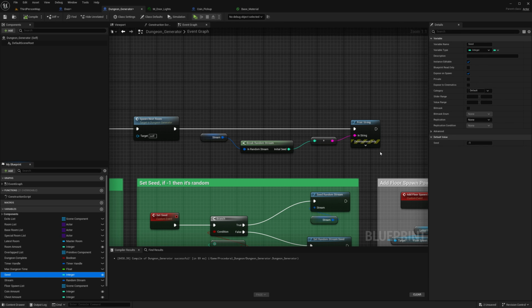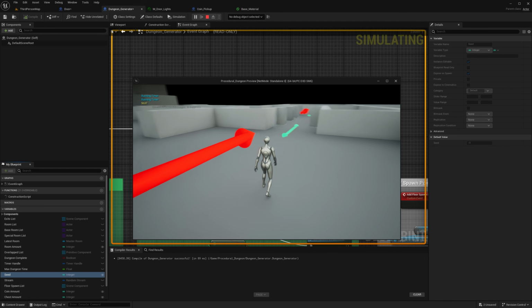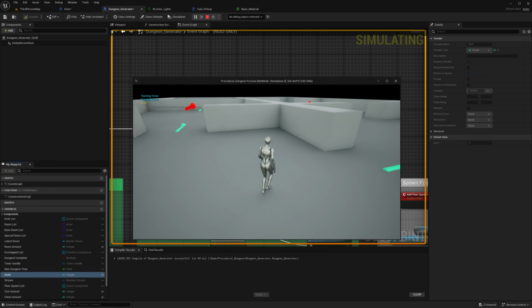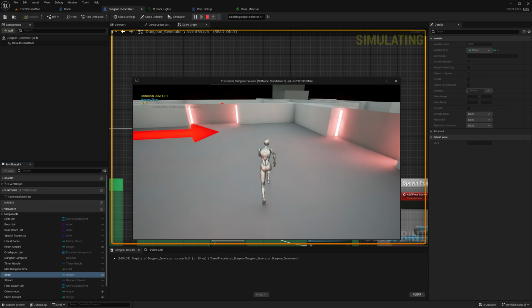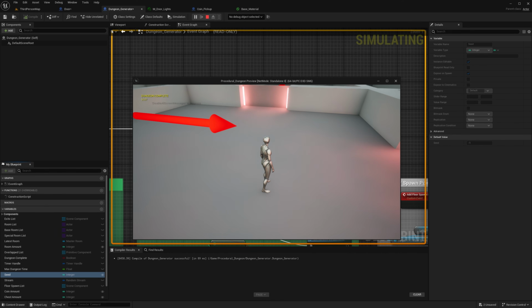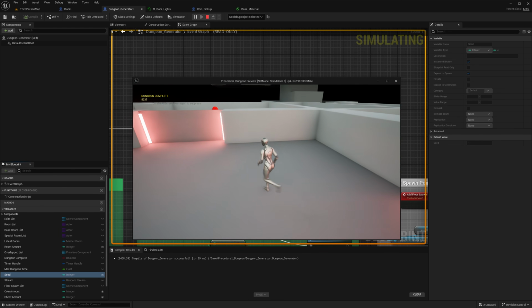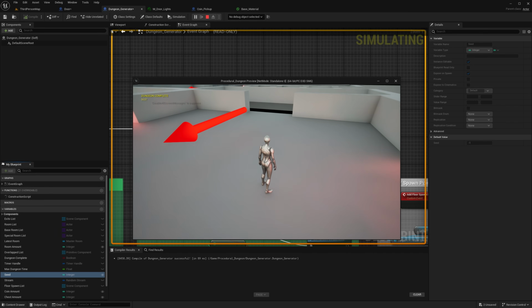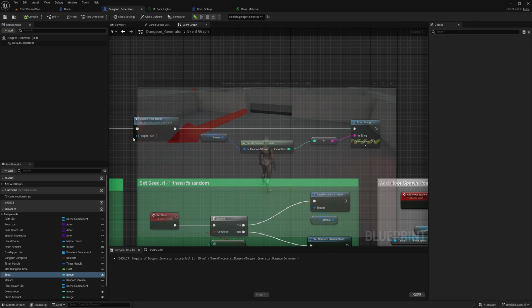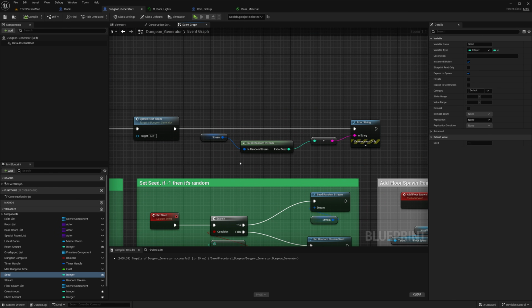Right? So when you're playing your random dungeons, if that pops up a dungeon that you really like, or if it breaks or anything, you can write down this number, 5637. That's the seed number for this exact dungeon. So if you like that especially, or if there's problems, you can type that number into the seed here and you will get that same dungeon every single time.